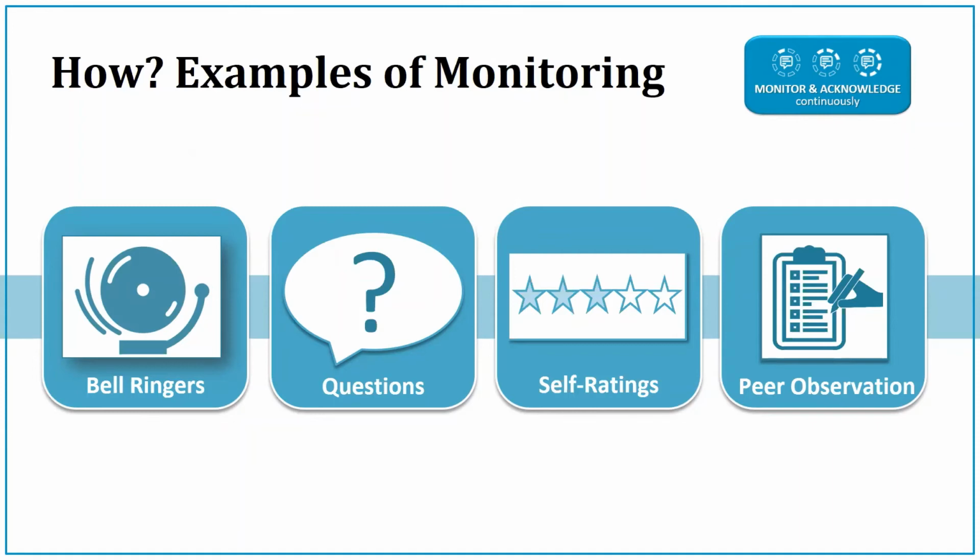Use of student self-ratings is another great monitoring strategy that also helps students become more self-aware. Here are a few ideas. Ask students to check themselves for specific skills or behaviors. Ask students to take note of what they are doing individually or as a group, and then have them give a thumbs up, sideways, or down, or some numerical value on a scale, or rate themselves on a Post-it note or exit ticket that they turn in.